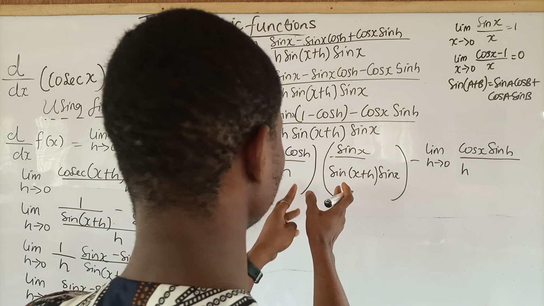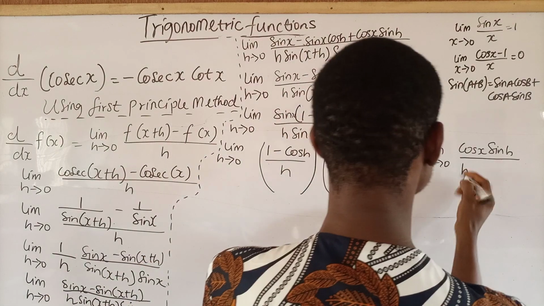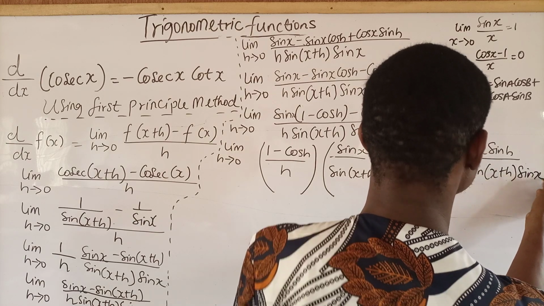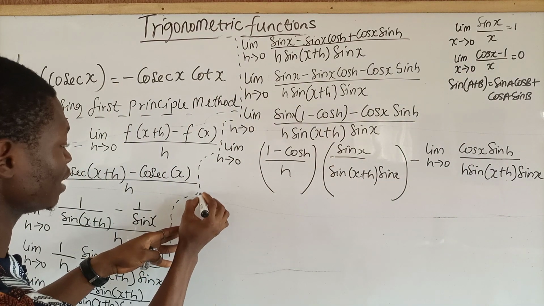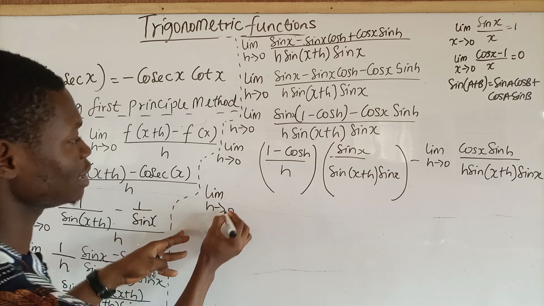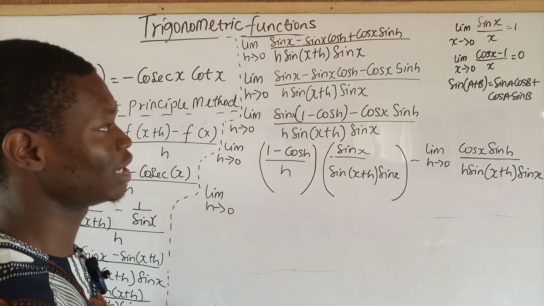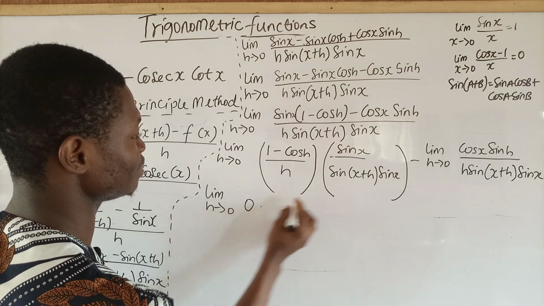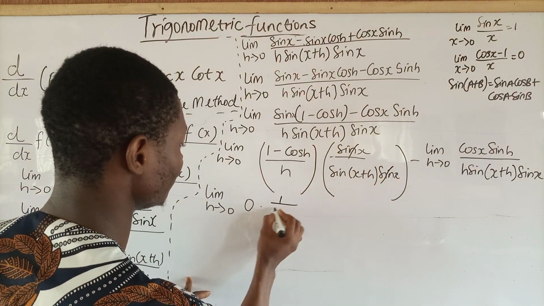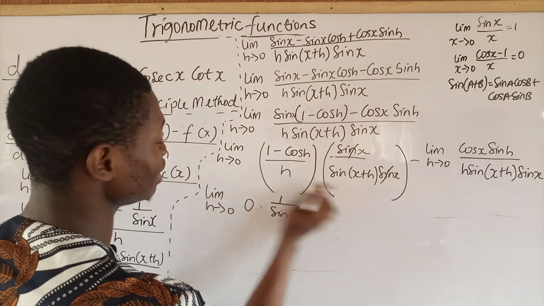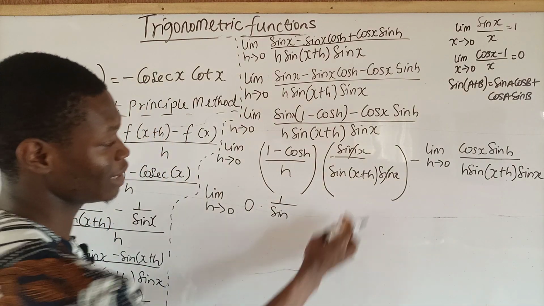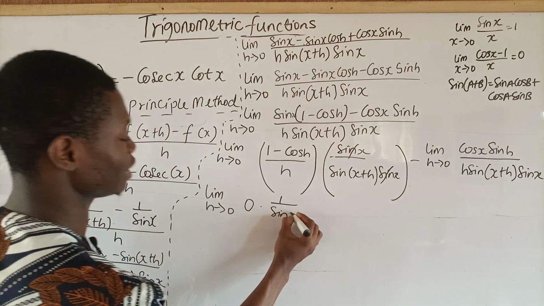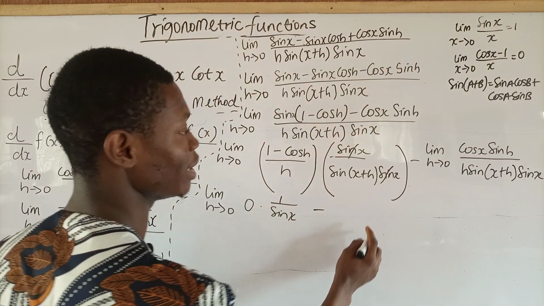Okay, I'm still going to do it, with sine of x plus h times sine x. So we are going to have the limit as h approaches 0. The cos of an angle minus 1 over the angle, as the angle approaches 0, is 0. So we have 0 times this one. Remember, h is approaching 0, so if you put 0 here, you have x plus 0, which is x, and sine times x is sine x. So minus